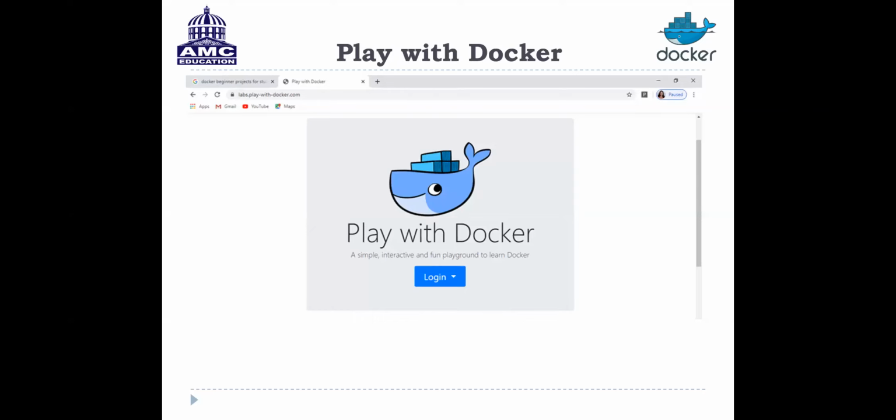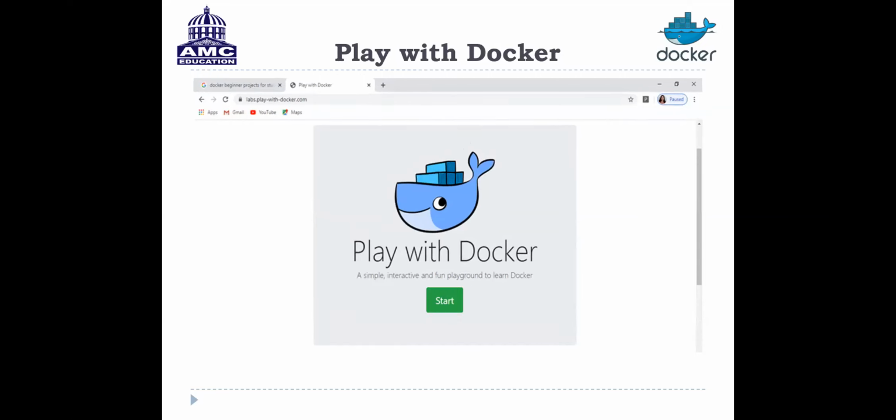Kindly provide your email ID, whatever email you are using, and the Docker ID can be any number or name, whatever you want to give, but you have to remember it. Next, the password, as per your choice. You will get a confirmation email in your mail, and there you have to confirm your email. Once you are done with that, you are going to use this. I'll go to my next slide.